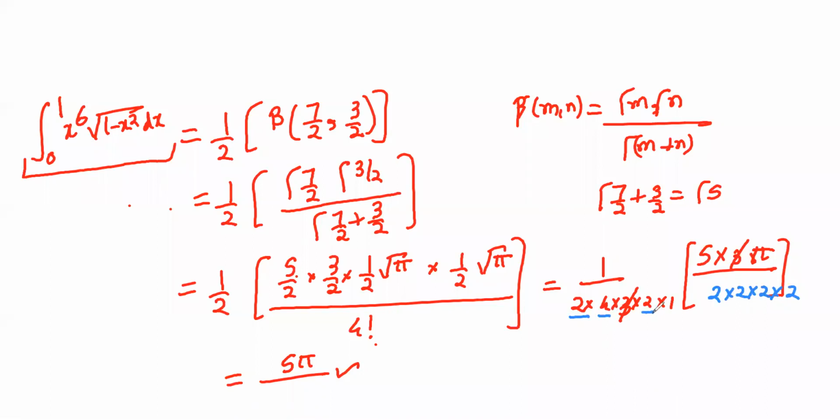So can I write this is 2 into 4 into 2, 8 into 2 raised to 4, so 4 into 4, this is 16. So 5 pi upon 32 into 8. So this is 5 pi upon 256. Now it is correct. And a very silly mistake. Okay, now the next question is